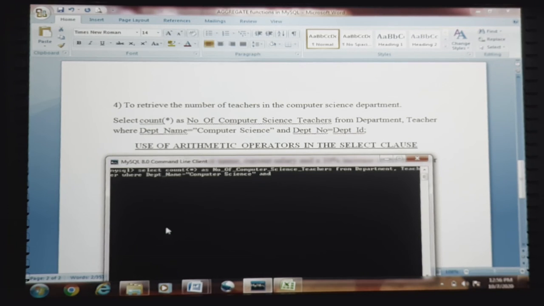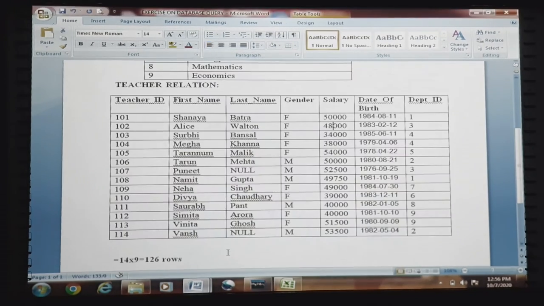And see here, the query says department number and department ID, but you can easily observe in both the relations